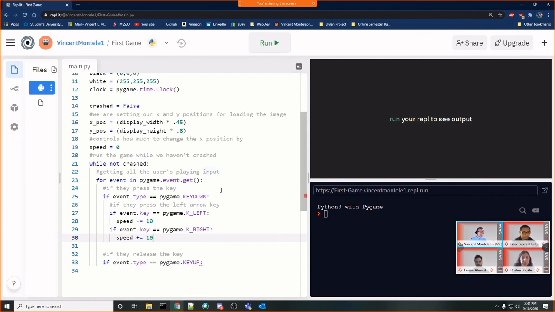The lower value you go, the more left it is. The higher value you go, the more right it is. And the same when it works with y, right? The higher you go would be higher on the screen. The lower you go, the lower on the screen. All right.